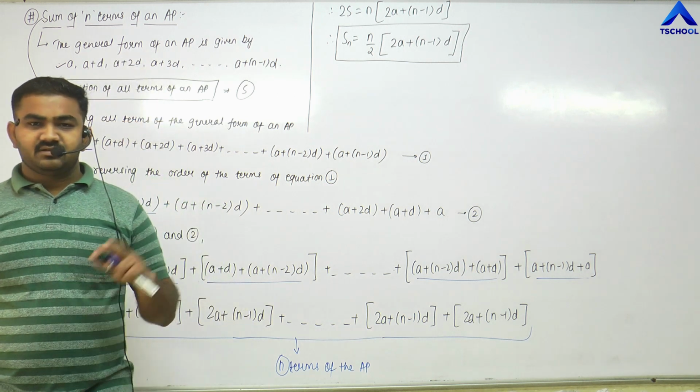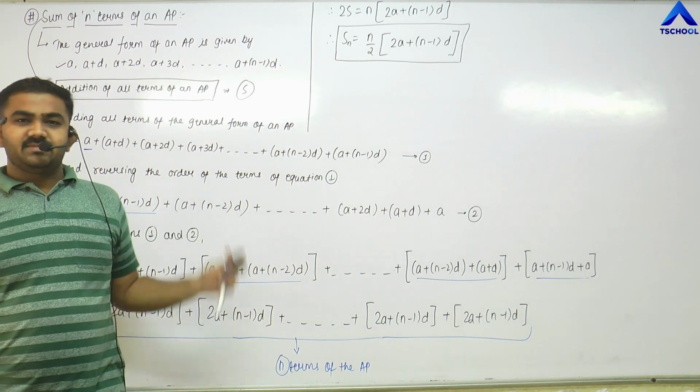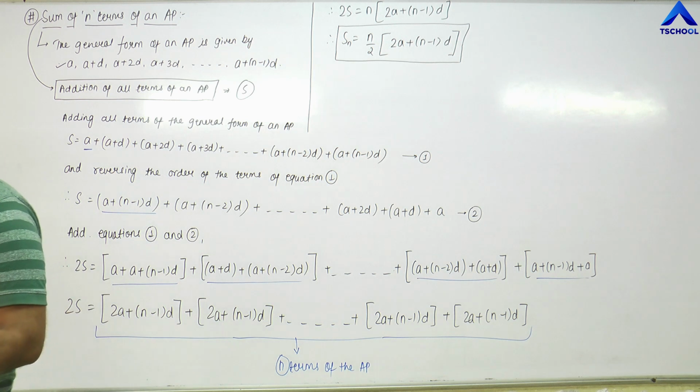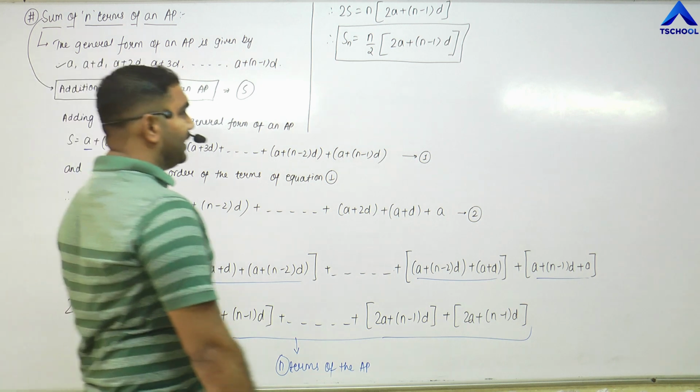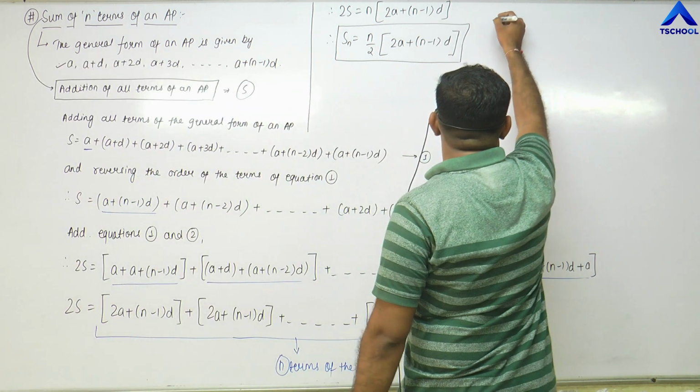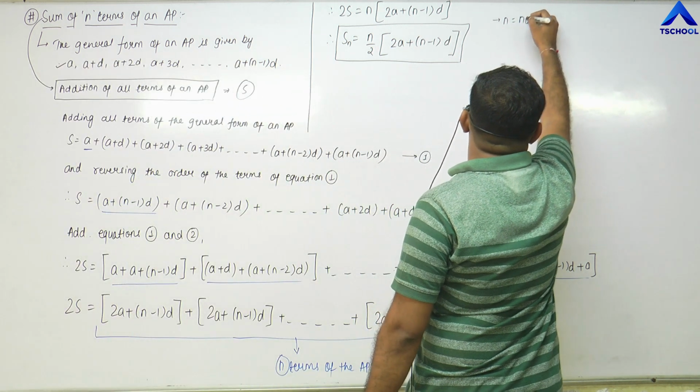Is it clear, friends? So that is how the formula is being derived. The derivation of the formula here in fact is not required, because the derivation is not asked, but we need to know how this formula is being derived. Okay, again here the parameters are n, that is the number of terms,